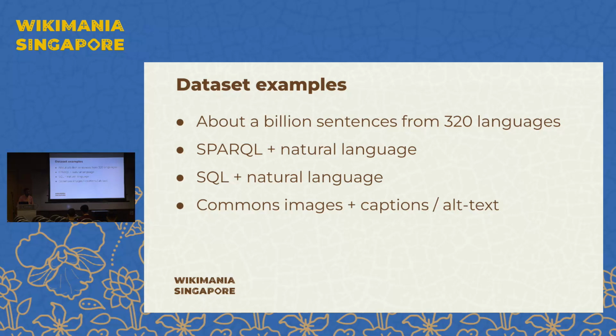All right, some examples of such data sets that you can use. We extracted about 1 billion sentences from all the 320 languages by segmenting all the content into sentences, and that's published. So you have the largest sentence collection. I think there is no other data set with this many languages and with sentence segmentation. It's already used in an application hosted in Wikimedia for identifying languages. Given a sentence, tell me the language.